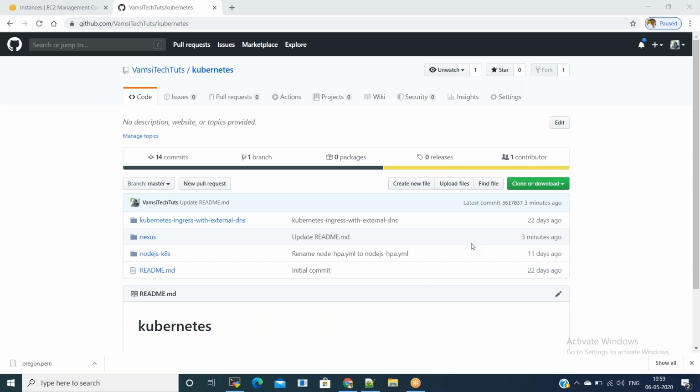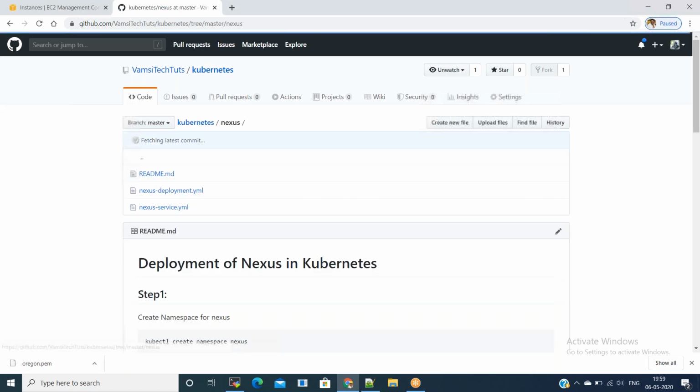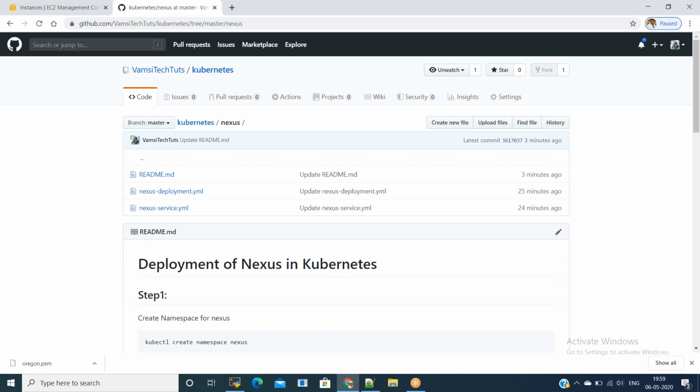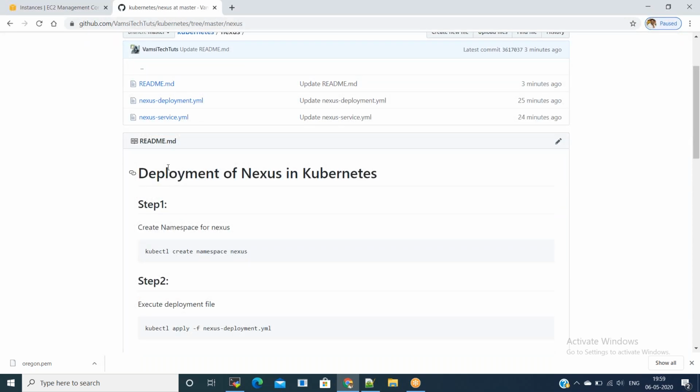In this session, I am going to discuss how to set up the latest Nexus on Kubernetes. Nexus is an open source artifact storage and management system. It is a widely used tool and can be seen in most of the CI/CD workflows. We have covered Nexus installation on EC2 in another video. This session will walk you through the step-by-step process of deploying Sonatype Nexus OSS on a Kubernetes cluster.